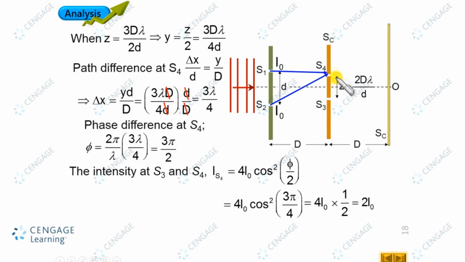Now the intensity of the light coming out from this slit and this slit is 2 I naught and 2 I naught. That means this point, the center of the screen, is a maxima point, the zero order maxima, and at the zero order maxima the intensity is 4 times the intensity of this slit and this slit. So intensity at O should be equal to 4 multiplied by 2 I naught. That is equal to 8 I naught, and we know 8 I naught is nothing but capital I. That means the intensity at the center of the screen O is equal to capital I.